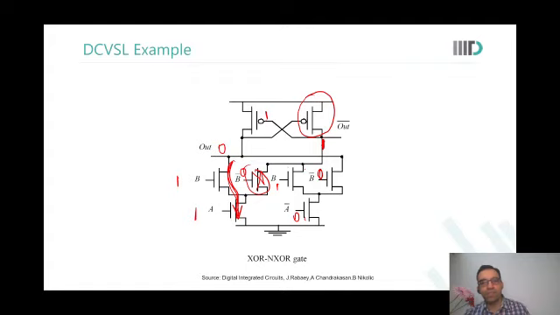Sir, if you want to make a logical effort analysis on this, should we take A and A bar separately, or can I take A connected to an inverter? Are we supposed to take A and A bar as two different inputs, or as the same input? For this particular gate, there are two different inputs, no? And in some other gate, we might end up using A bar even in a complex gate. In that, we are supposed to take A and A bar as different, right? If there are two different signals, they are different.